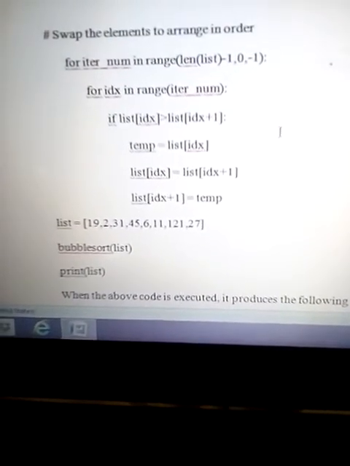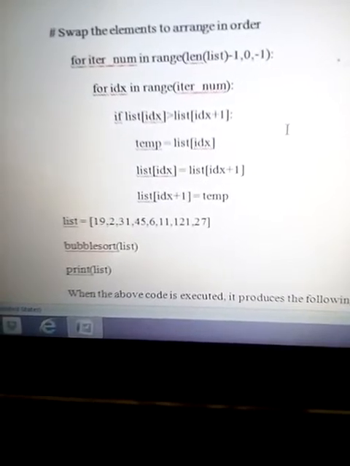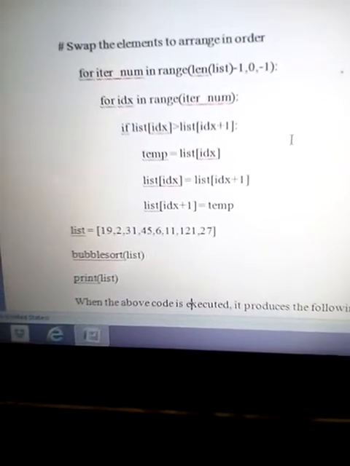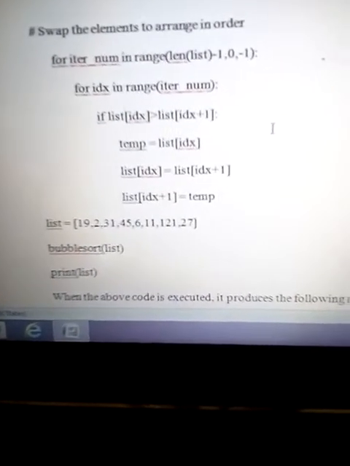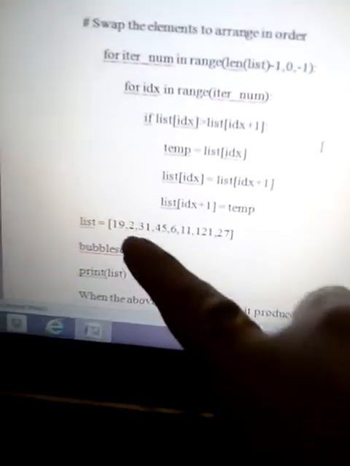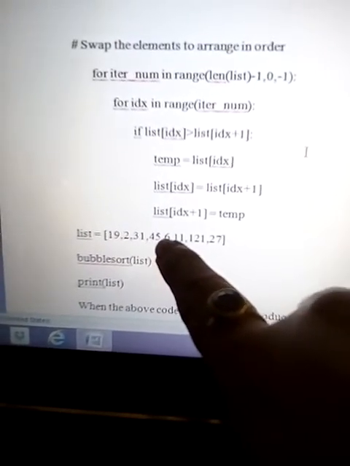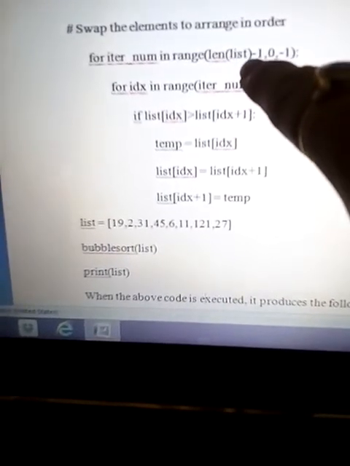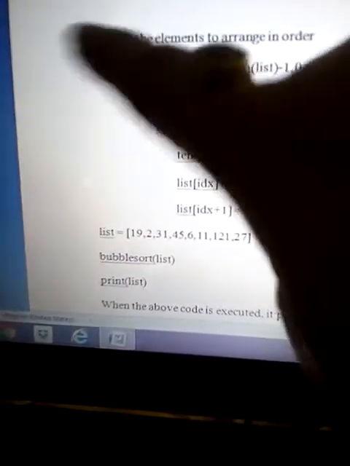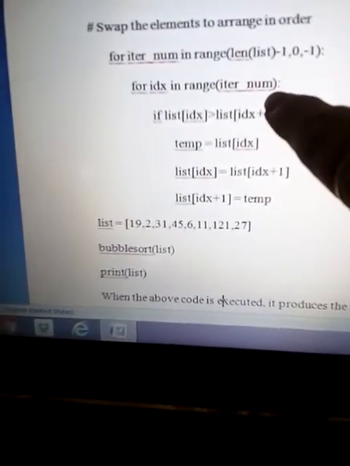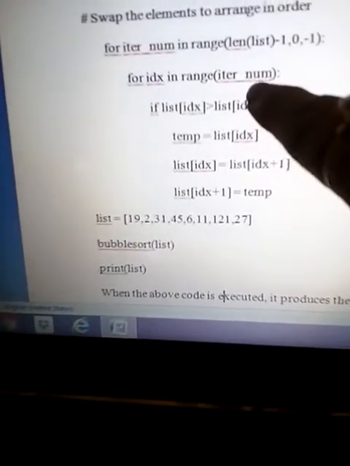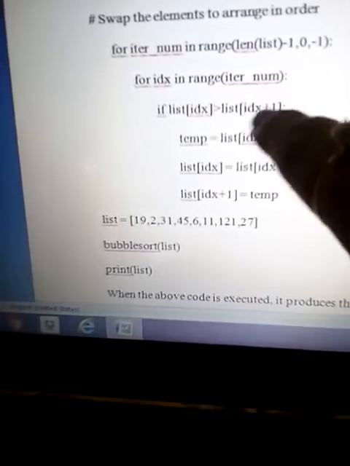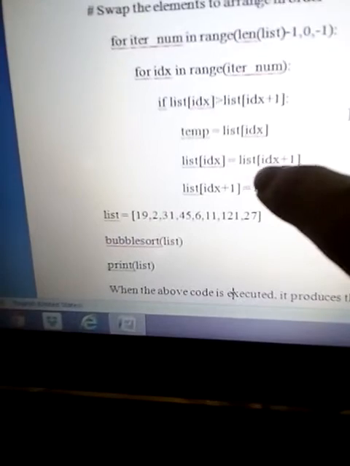If list of index is greater than list of index plus 1, that means at first, for example, the list we are taking here has 8 elements. So the value here is 7. So iter num will take 7, and range will consider 7. So index takes the elements 0 to 6.